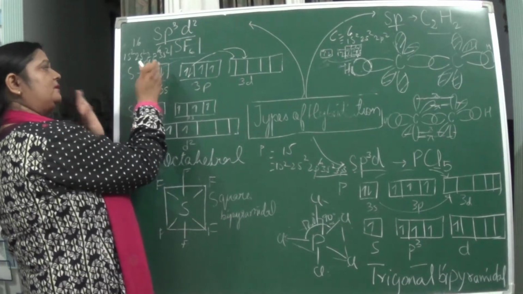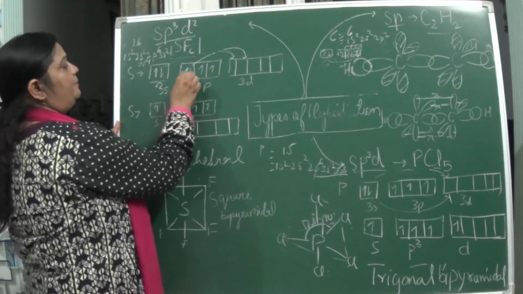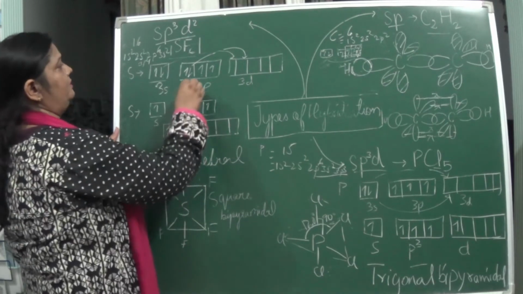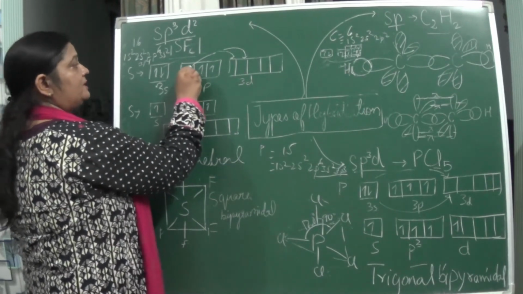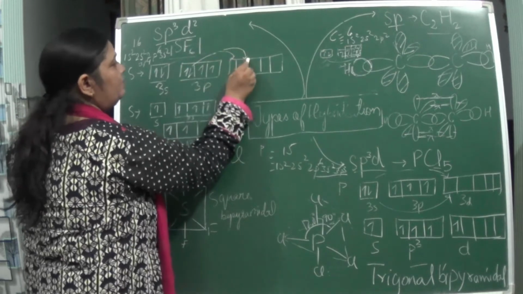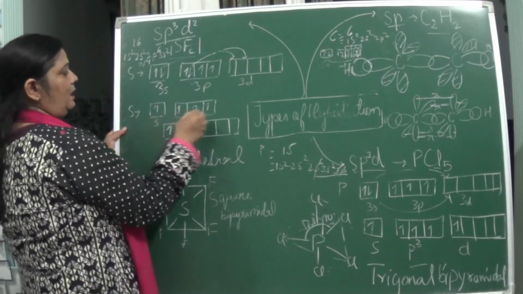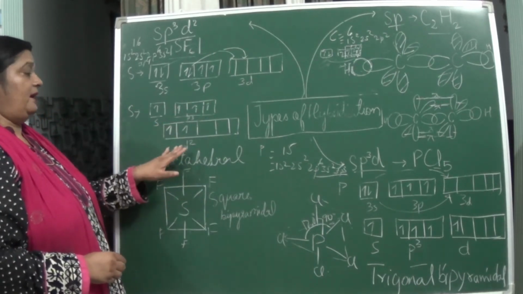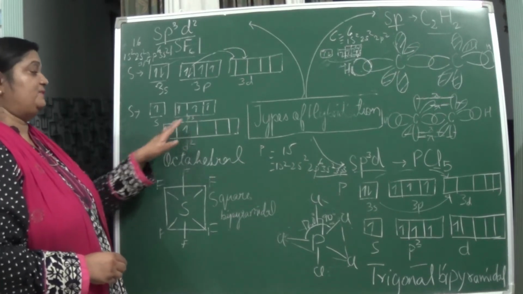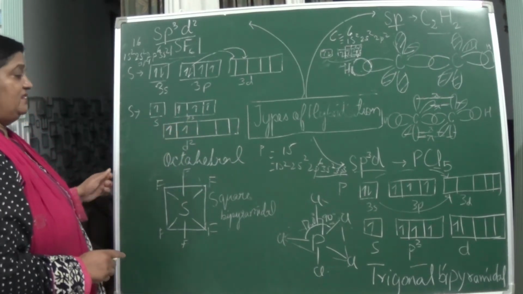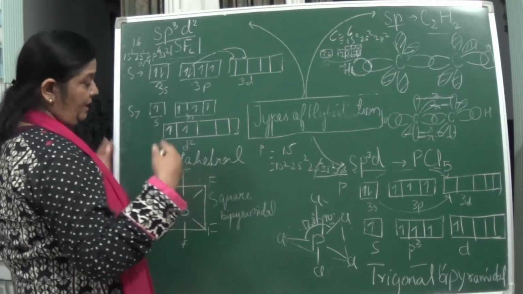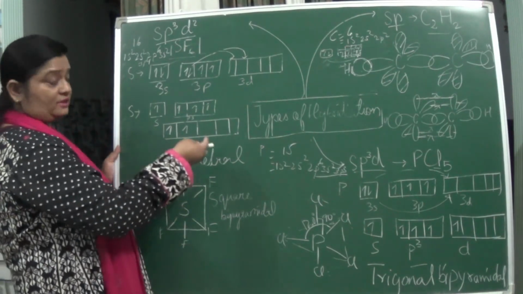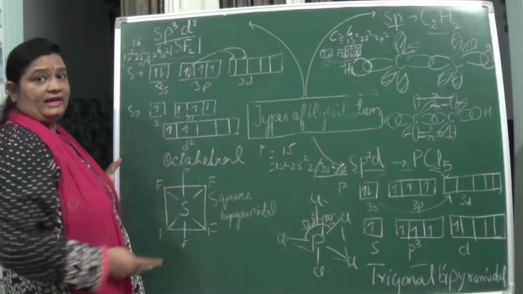First the s orbital is completed with 2 electrons, and for the p orbitals you are applying Hund's rule and the Pauli exclusion principle. So here 2 electrons are there, naturally one of this and one of this will be transferred, and now you will see the orbitals 1s, 3p and 2d. So now it becomes sp3d2. When we look at the geometry, it is mainly octahedral. I am explaining octahedral here because of SF6.